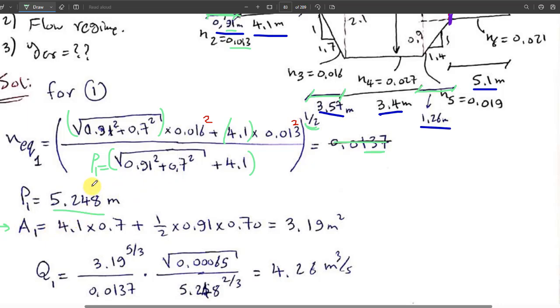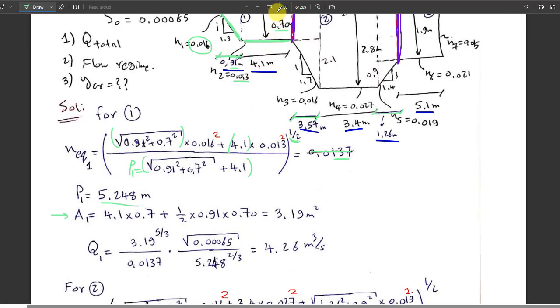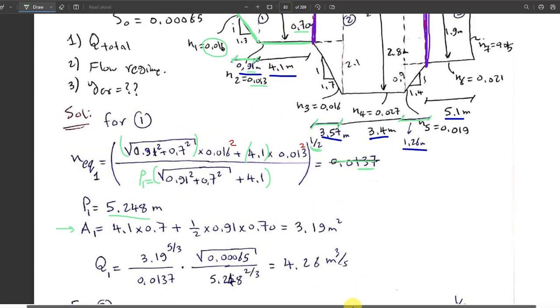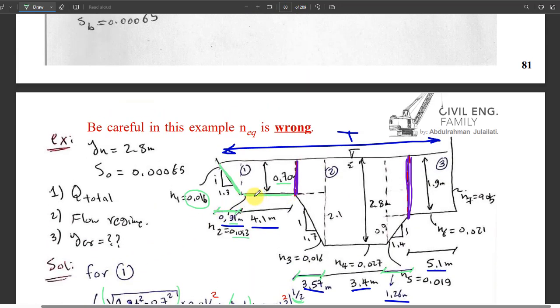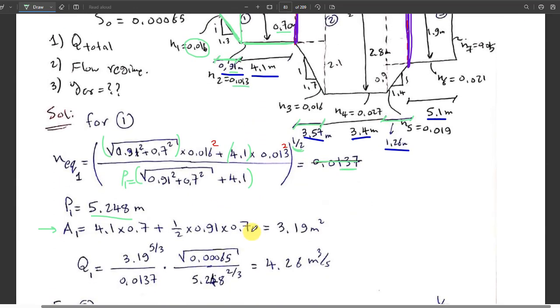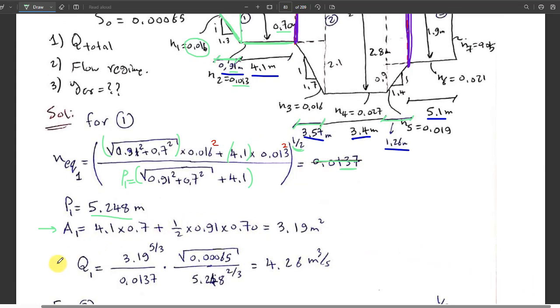I would say, how we can calculate it. Yes, it will be 4.1, which is this one, multiplied by 0.7. And the triangle, which is half times the base, 0.91, times the height, 0.7. Okay, so for Q, after we found area and perimeter, I would directly substitute into